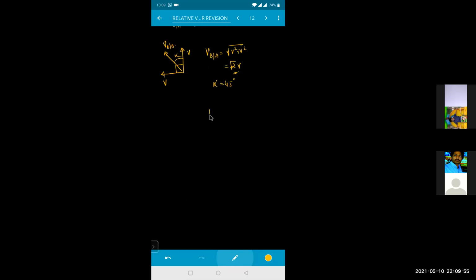From the given origin, whenever we need to calculate the minimum time, first calculate the distance between them. Say for example, this is your origin O, and this is A. We got the relative velocity in this direction. If B would have been here, we would have got this as the relative velocity of B with respect to A. With respect to the resultant velocity, drop a perpendicular to A. So this is your perpendicular.